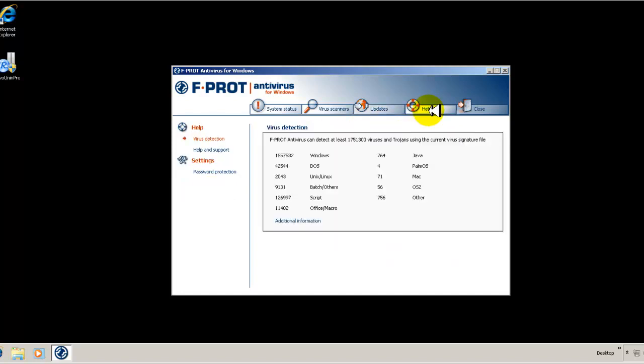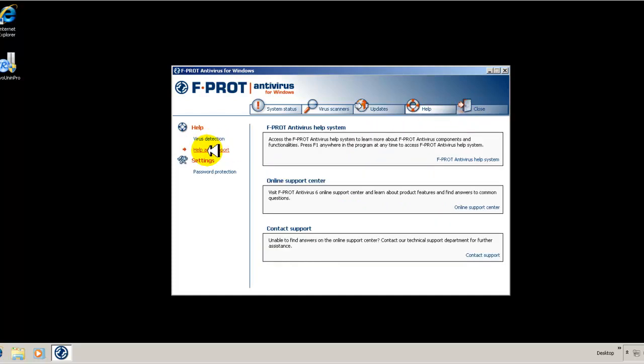Under your help, you have information specific to the database, the definitions, and you have your help and support. So you can use their help system. You can go online onto their website and use their online support, or you can send them an email. You can contact them with any technical questions that you might have. And then you have your close to close the